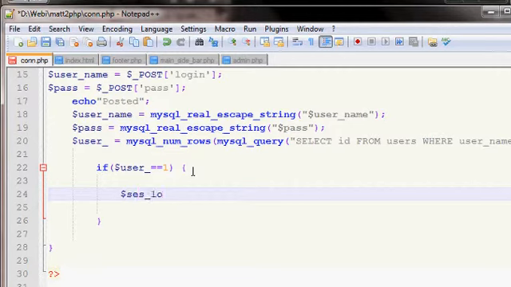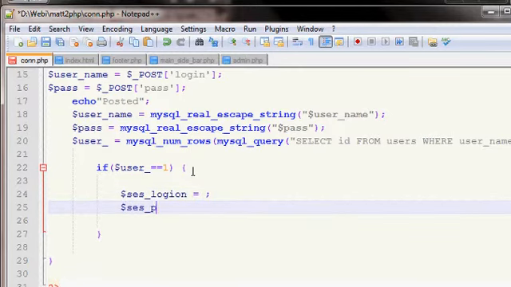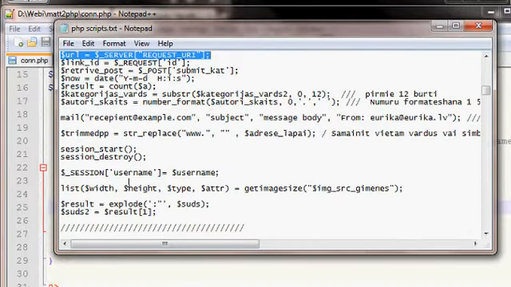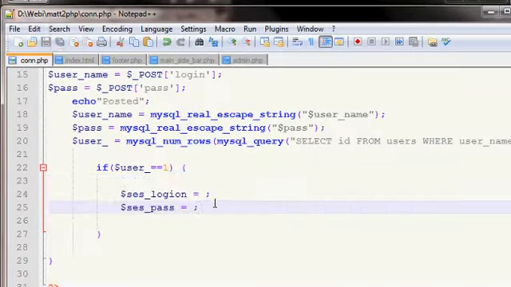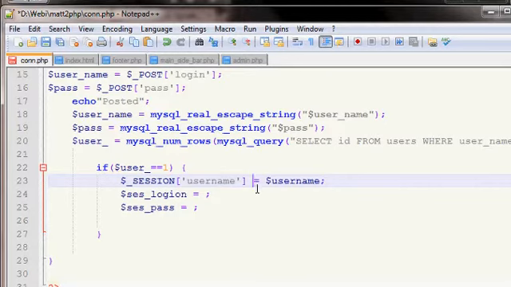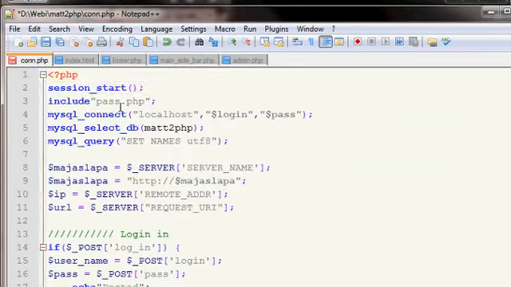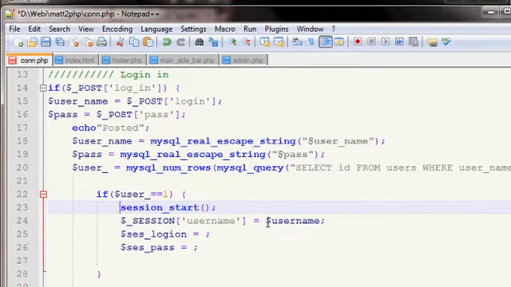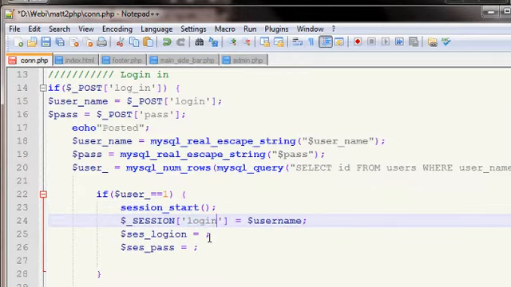Let's make it like this: login equals, pass equals. I forgot how it was. Session. Alright, so here's the code. This is how we start the session. I think we should copy it another time here. I don't know if it's necessary because we already started. So session name, username. So session name login